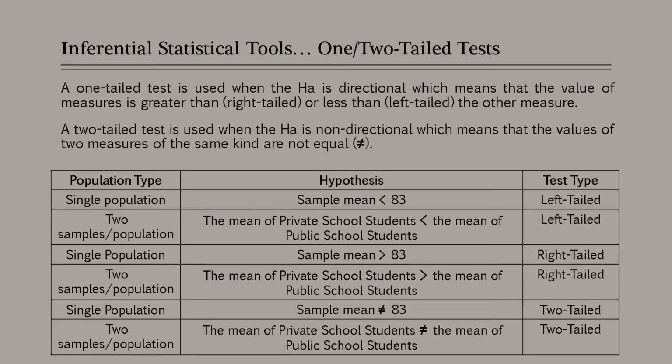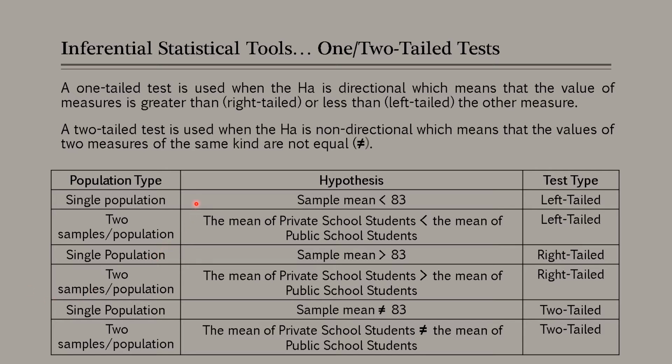How the alternative hypothesis, or HA, is formulated determines the type of test to be used in hypothesis testing. A one-tailed test is used when the HA is directional, which means that the value of one measure is greater than or less than the other measure. A one-tailed test is a hypothesis test for which the rejection region lies at one tail of the distribution, whether a left-tailed test or a right-tailed test. If the sample mean is less than the specified value, then it is a left-tailed test, for which the HA